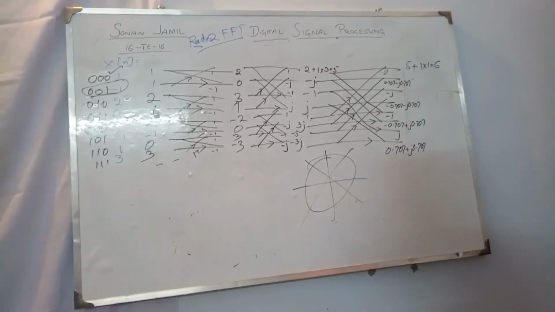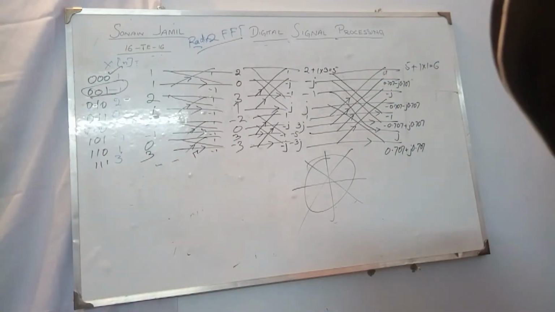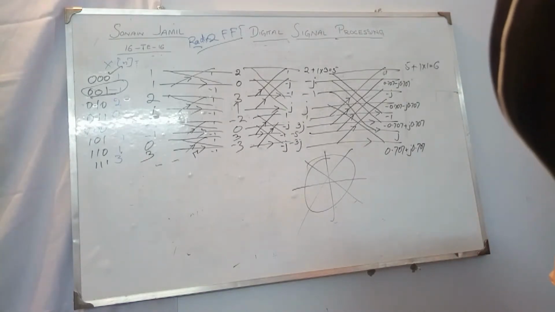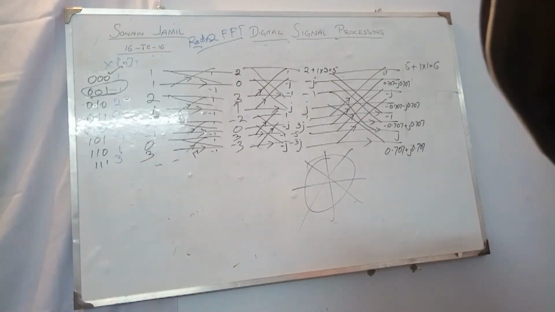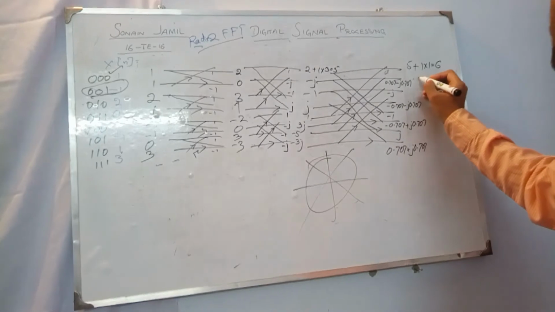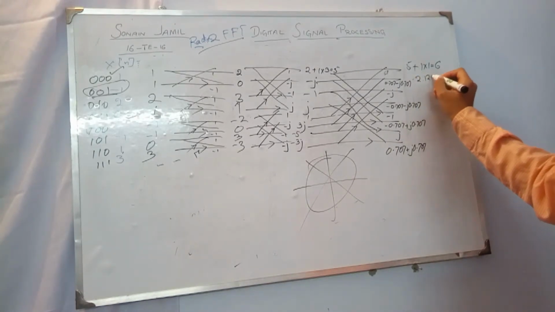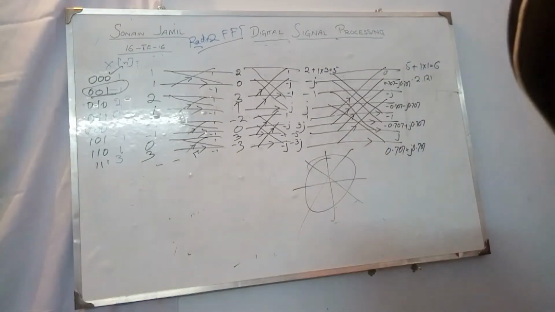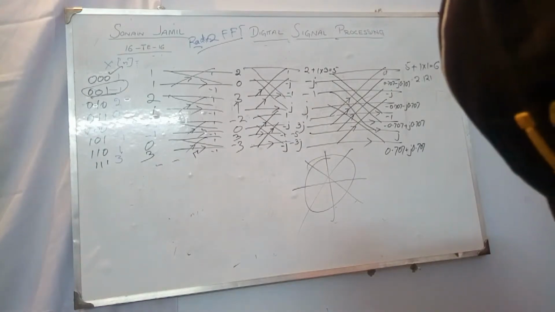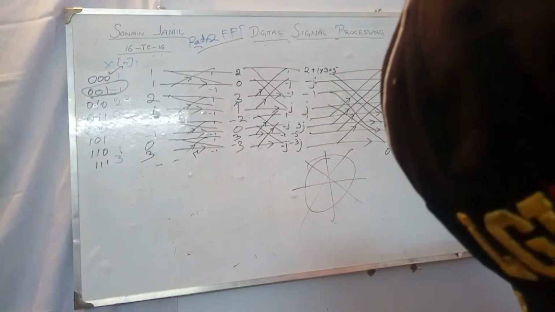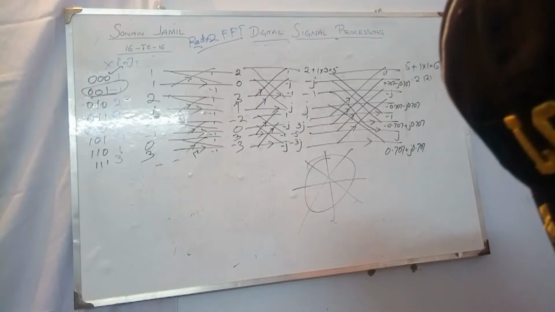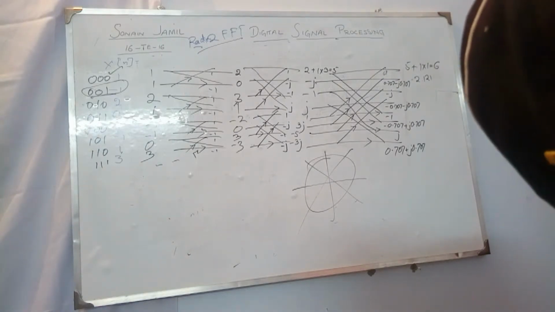I have some values here. I just want to write it. 2.121 plus 1.121j